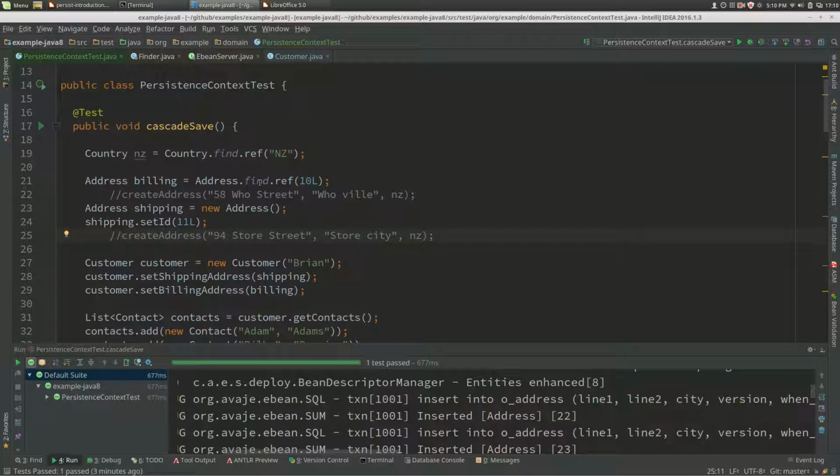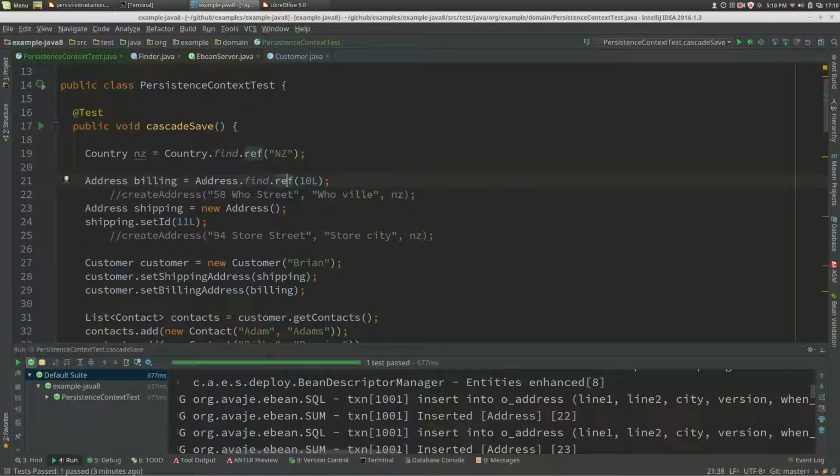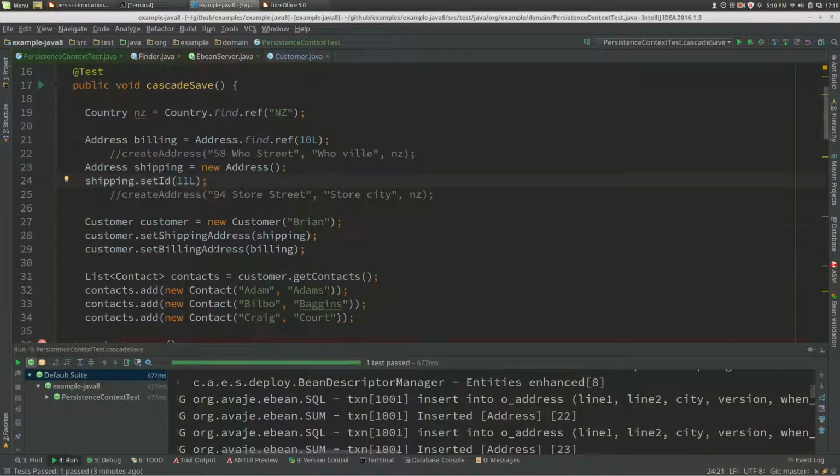So if we have a quick look in here, we've got address as a reference, and that's just Ebean server get reference, which is a traditional way of getting a reference bean. And this is an alternative approach, which is just to new up the bean and just set its ID. So Ebean detects that these are reference beans, they're beans with only their ID value set, and so it won't cascade beyond that. So if we run this,